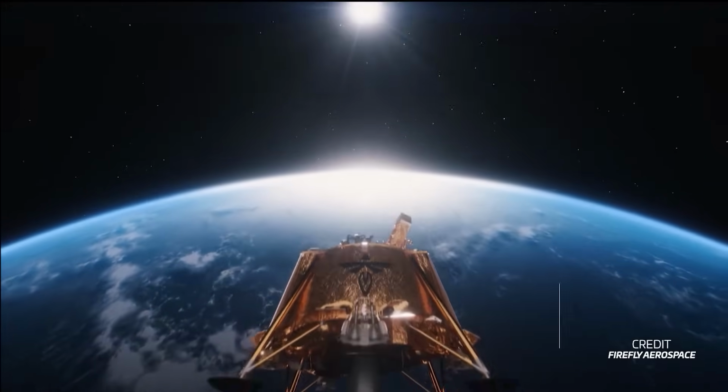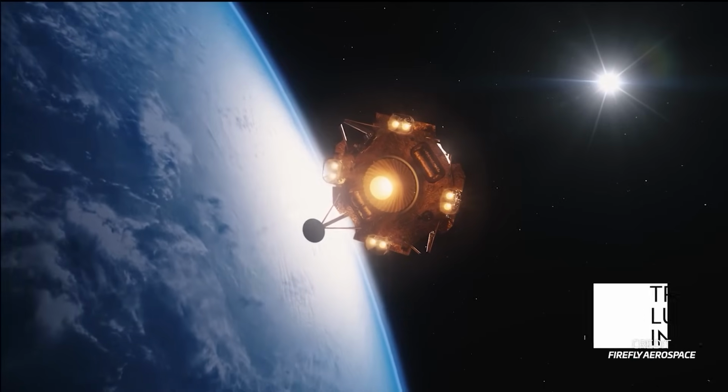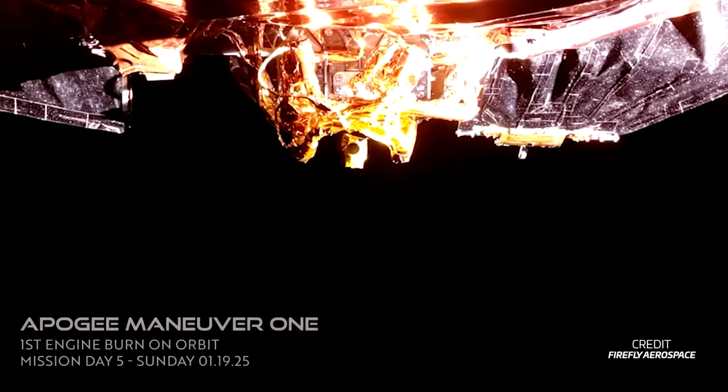Let's begin with Firefly's Blue Ghost lander, which remains in orbit around the Earth as planned. On January 24th, the spacecraft performed a short correction burn using its reaction control thrusters to increase its apogee, or its highest point in its orbit around the Earth. This adjusted the lander's orbit, keeping it on track for a translunar injection burn a few weeks from now. Firefly says the burn was so accurate that engineers think that there won't even be a need for another burn